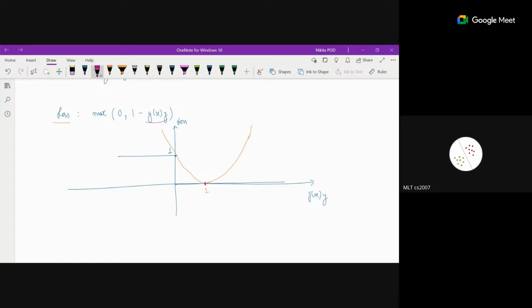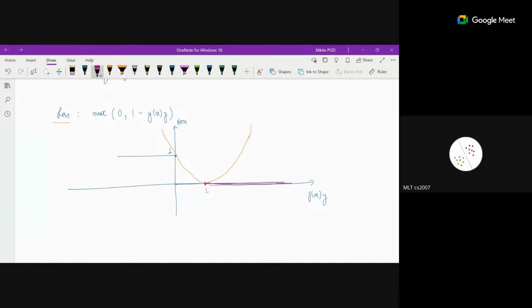Because if gx times y is greater than 1, then 1 minus some bigger term is negative. And if I take max of 0 comma some negative term, I know I'm going to get 0. So what we are going to get is anything beyond